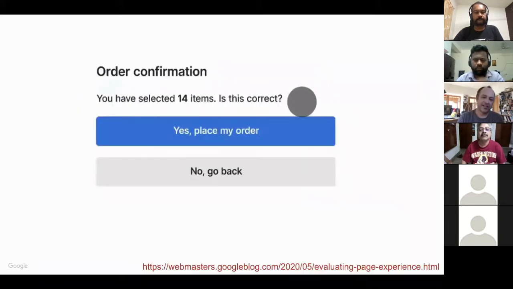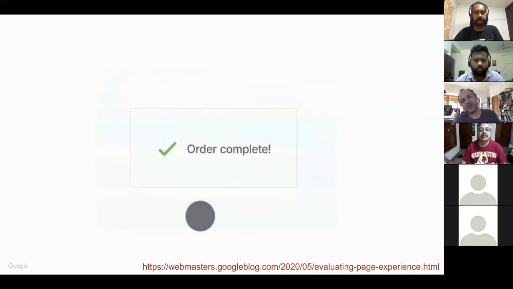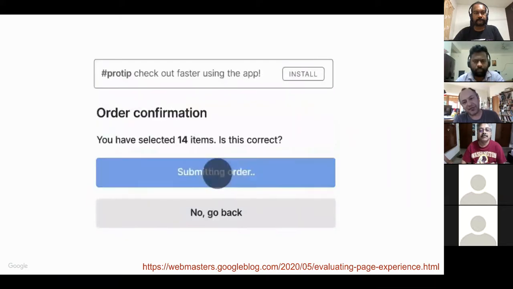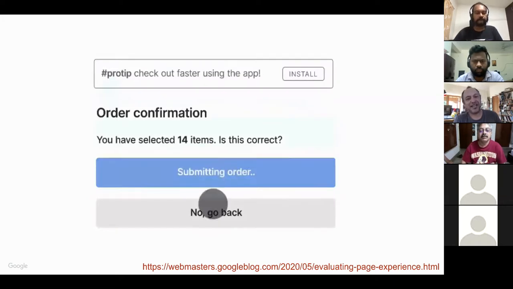And I love this little slide here. I'm just going to let it run for a second. The user's trying not to submit their order, but right before they click the button, no, go back, something pops in at the top, and they click, and they actually submit their order, and they're very frustrated. So this is probably a little bit contrived, but this is the kind of thing we're really trying to avoid